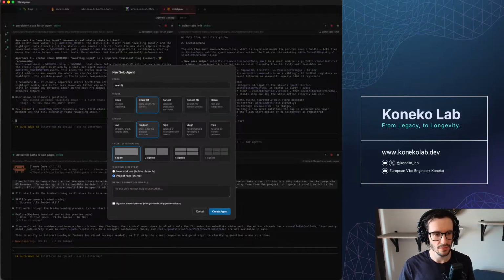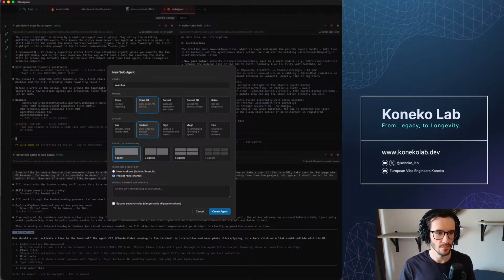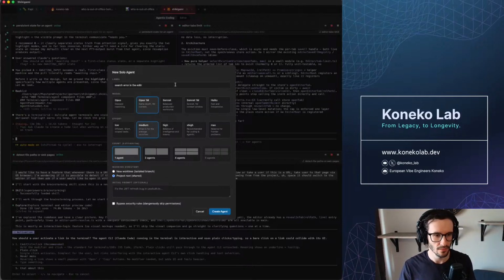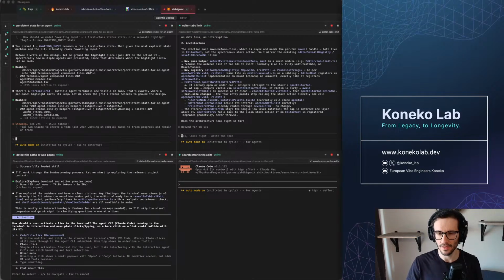So that's the search input from the editor tab. And I have the error message. Please investigate what is the cause of this issue.